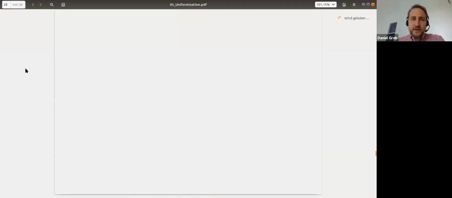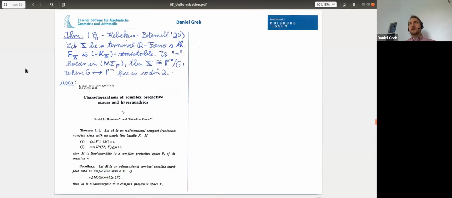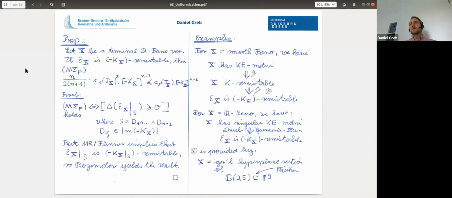And I want to point out that even in the smooth case, you could have done this proof, which I just explained, a long time ago, and maybe it was known, but I'm not aware of any place where it's written. This gives a new point of view on the Miyaoka-Yau inequality: semi-stability of this extension is really the thing you need for the inequality to hold, and also to get this uniformization result or the characterization